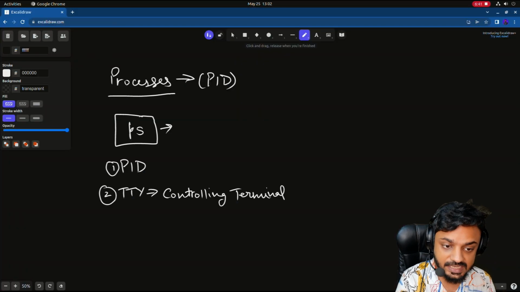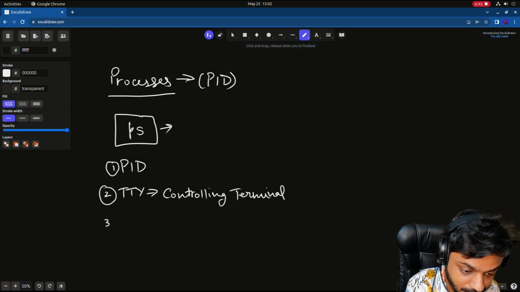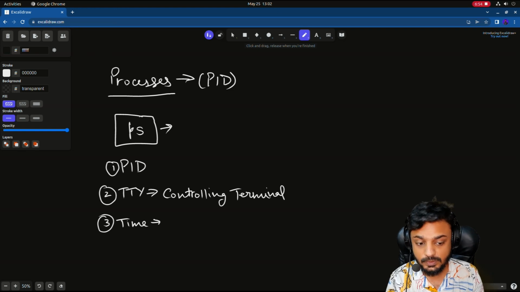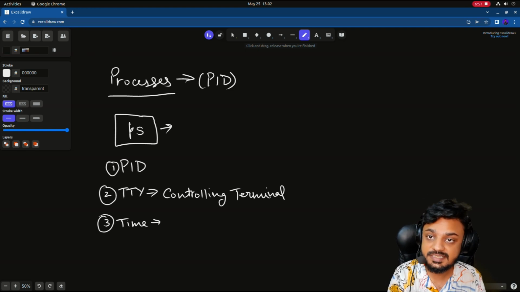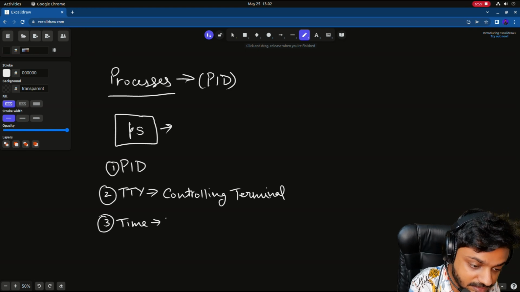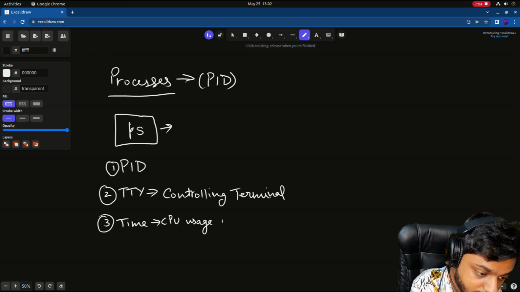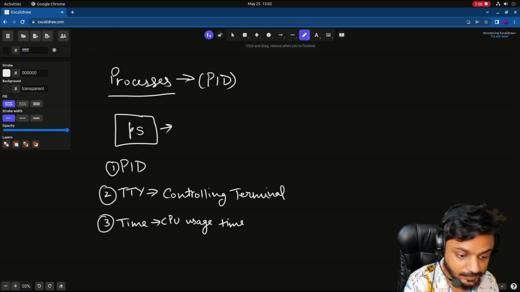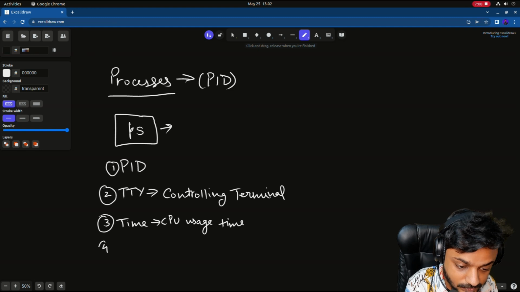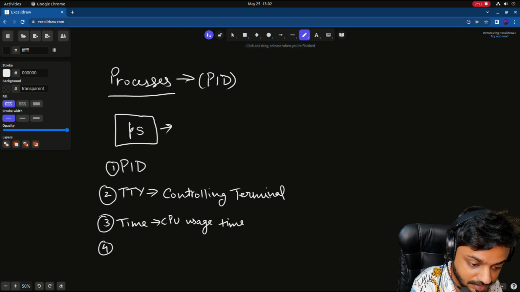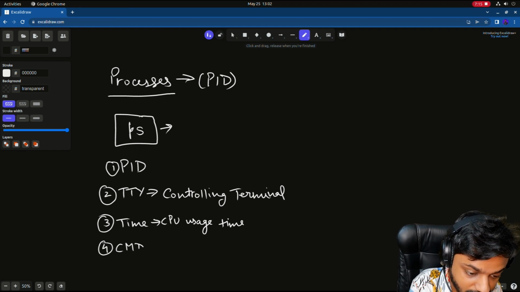The third column that we have is time. So we have a time, and this time is simply the total CPU usage time this process is taking, right? So this is the CPU usage time, right? And then we have a fourth column, and the fourth column is simply the CMD, right? So it is simply a CMD, or you can also say a command,